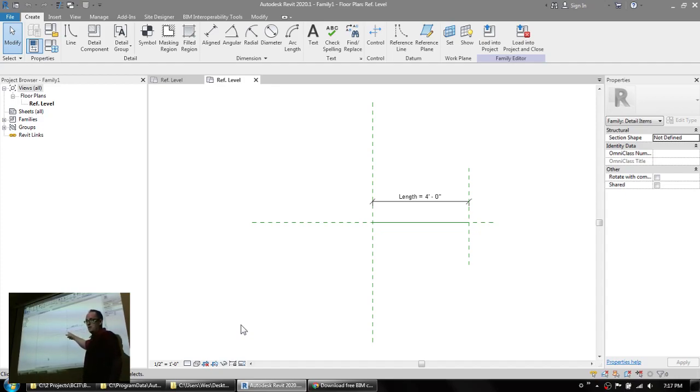So we've got a 4-foot distance between the start and end points of this family. Just here, while we're working on it in the template, of course, we can play with the length parameter to make it longer or shorter to suit the needs of whatever it is that we're building. So, now that we've got this family,